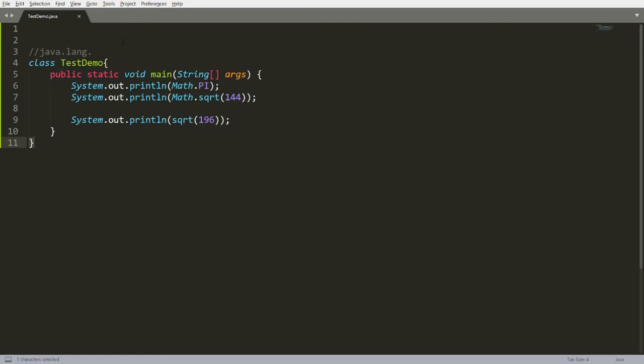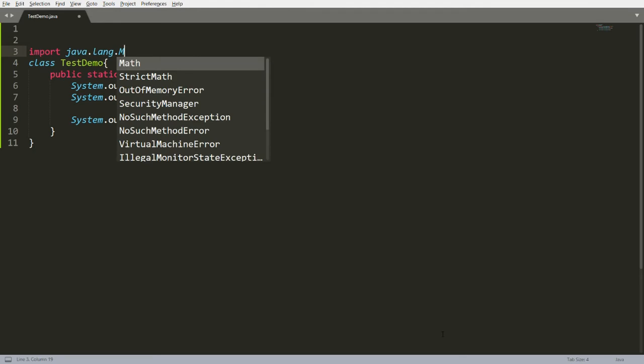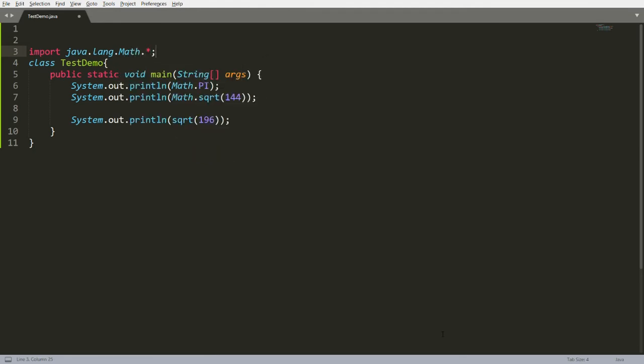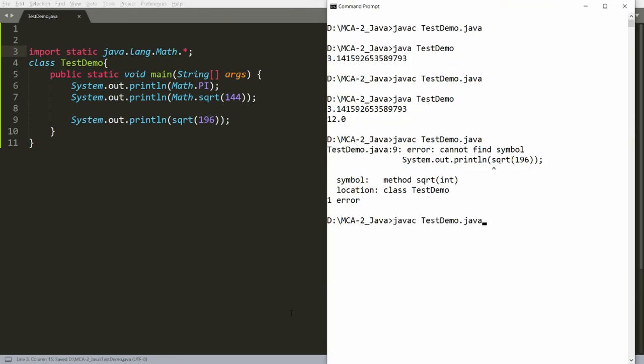You can import your java.lang package statically. How? You can write import java.lang.Math.*, and here you write import static. If you write import static, then you don't need to write the prefix over here. You can save this, and the wonderful benefit is you can compile this program and run it. Now whenever you run this, you will get the square root of 196, that is 14, without writing Math